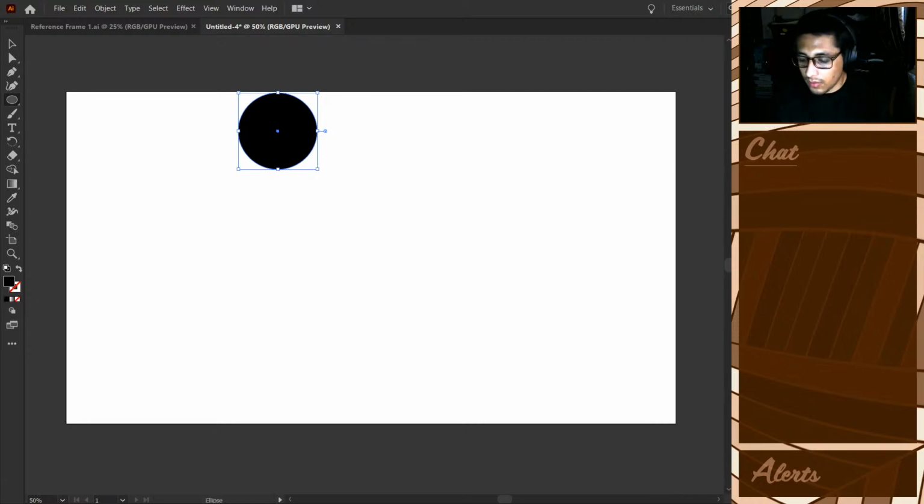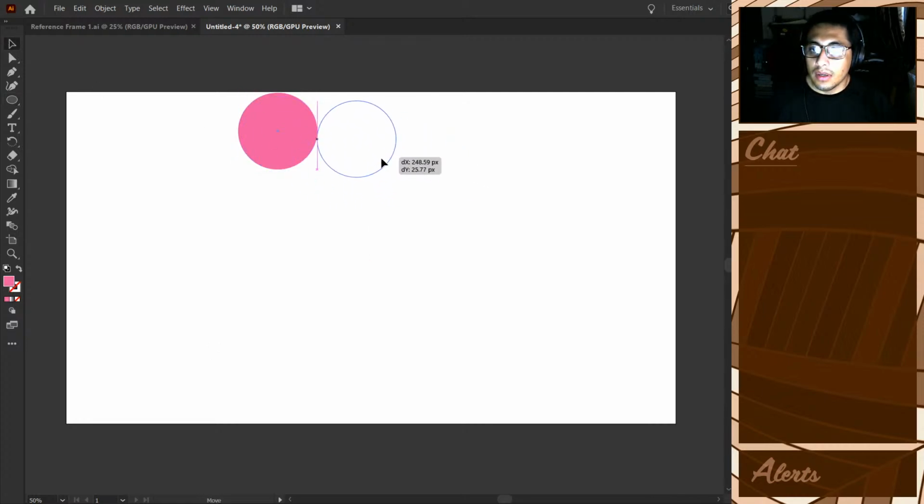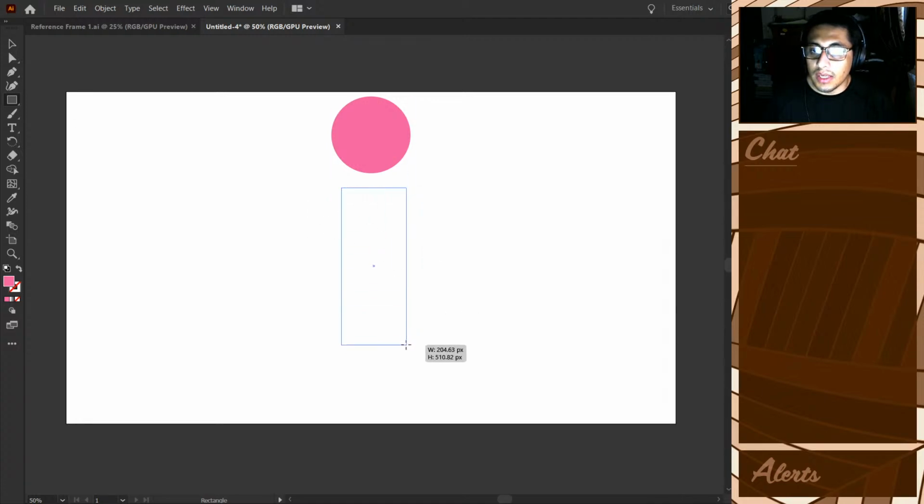Here the fill we will do our pink, and we just go by first circle, rectangle tool. Okay, this is one way.